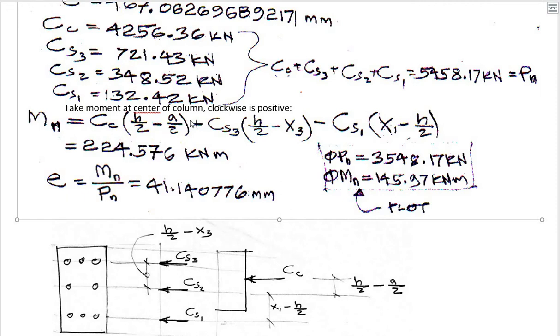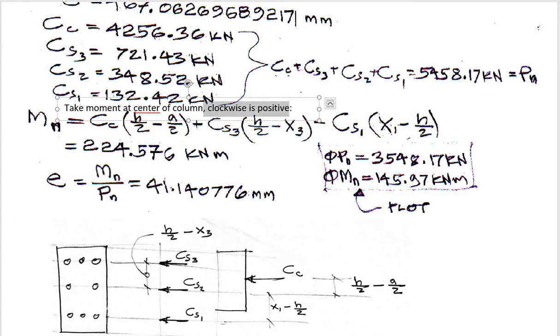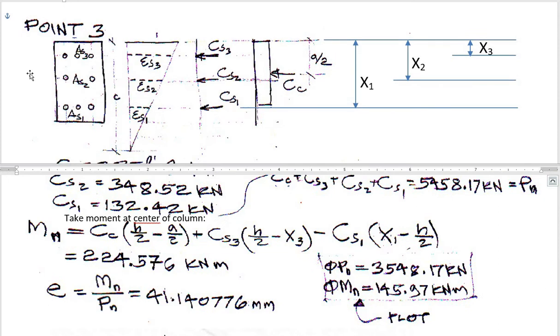Now let's take moment at the center of the column. Clockwise is positive. Let's delete that first. From the center, which is at h over 2, let's take Cc. The lever arm of the compression concrete from the center of the column would be h over 2 minus a over 2. And then, for Cs3, take note that compression concrete and compression steel 3 would give you a